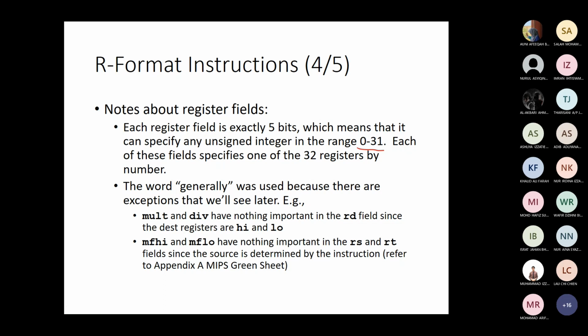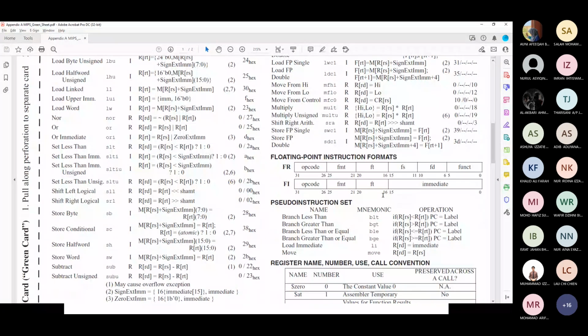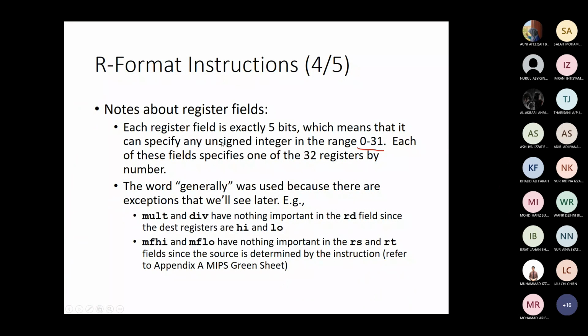So that's why when you want to refer to the green sheet, you always look at the number column, 0 until 31, because you would use this number to convert to machine code. So each of these fields will specify one of the 32 registers by number. The word "generally" was used because there are exceptions that we will see later on. Okay, for example,